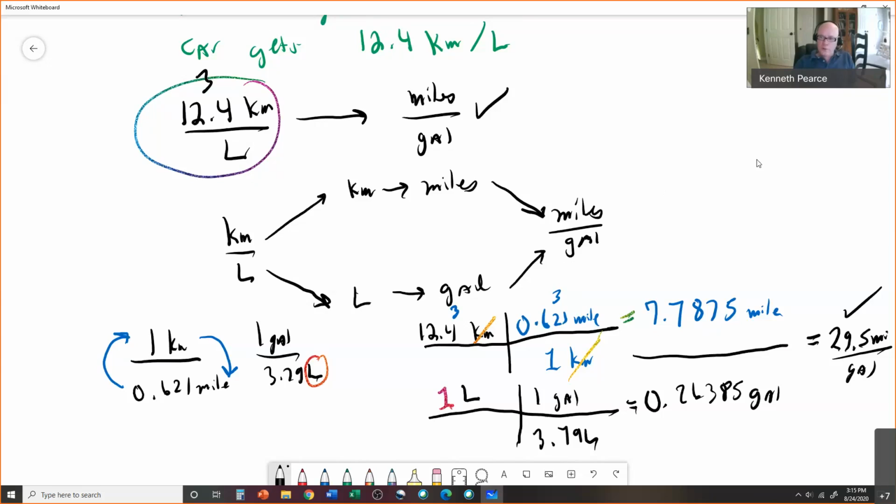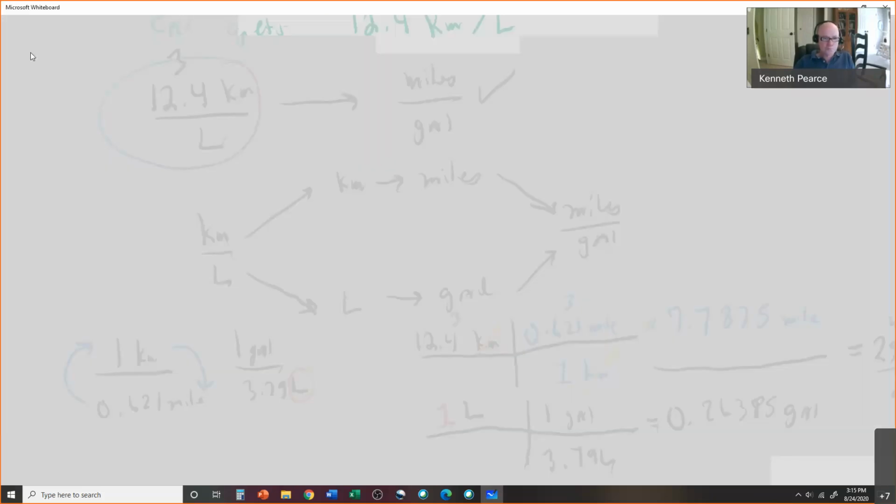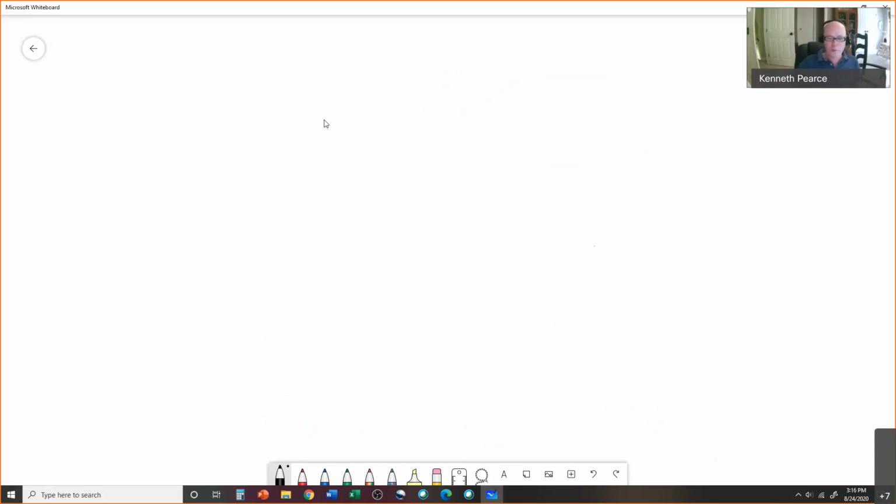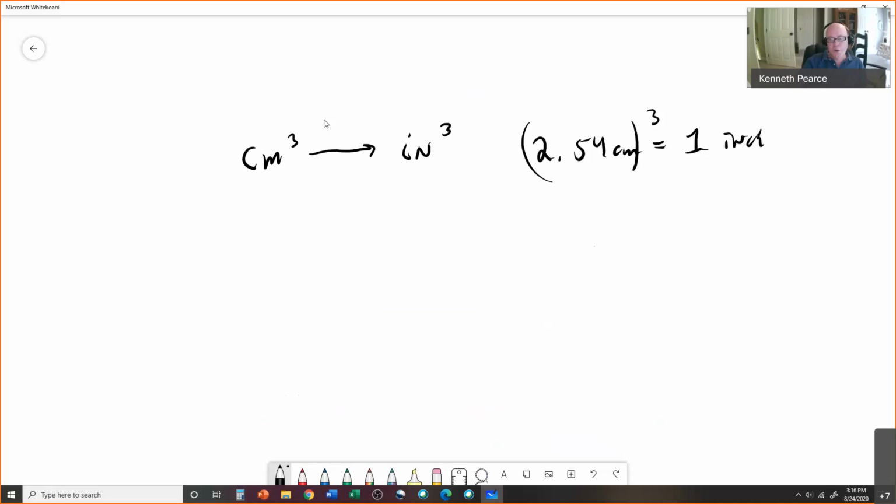Another thing, I'll make a quick note here, and that's going to be the two examples I do. But if you were going from, say, centimeters cubed to inches cubed, one volume to another volume, a good strategy is this: you might not find that relationship directly, but you do know it's 2.54 centimeters to an inch. What you do is you just go ahead and cube everything up to get your conversion. If you cube everything up on the outside, the centimeters become centimeters cubed,